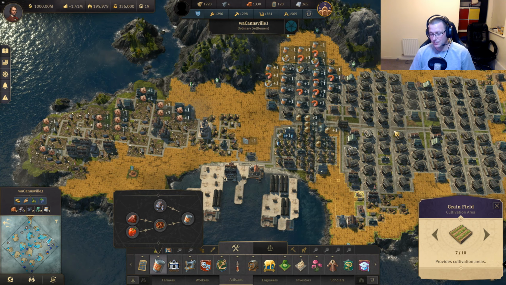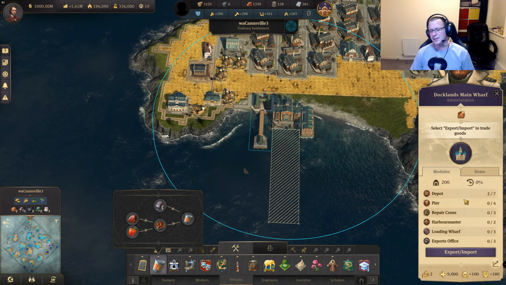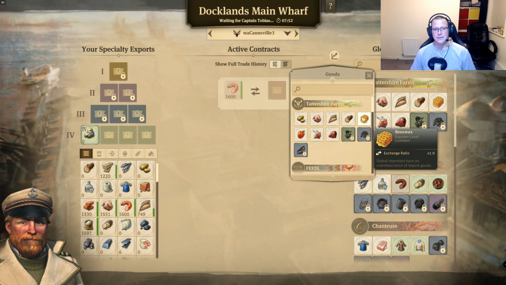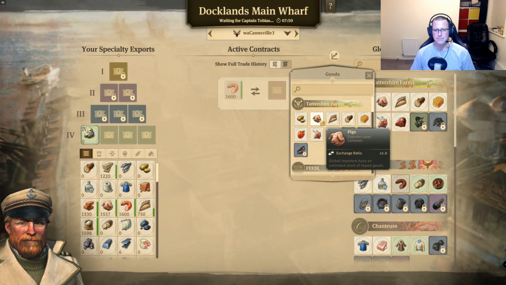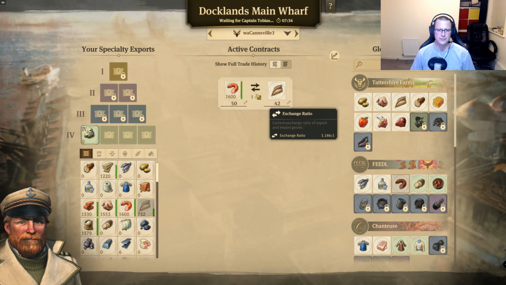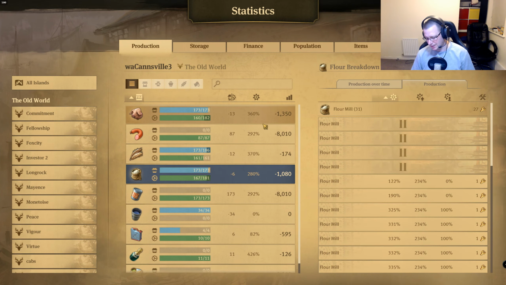The main reason I'm not going to worry about that is because with the introduction of the Docklands, I can export and import goods. So on this island, I'm going to be exporting sausages, and I may even bring in pigs. The exchange ratio is 1-to-1, so that wouldn't be enough. What about grain? So 50 sausages is going to bring me in 42 grain, even though it says it's 1.186. I'm producing 87 tons